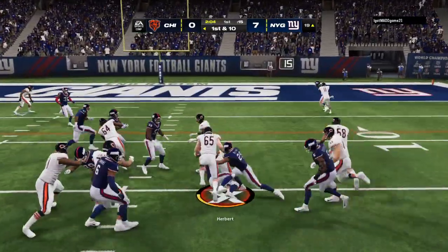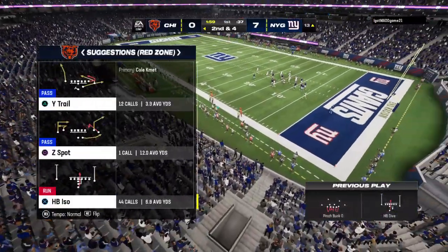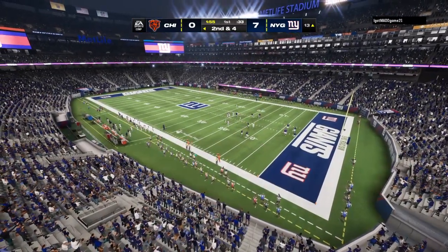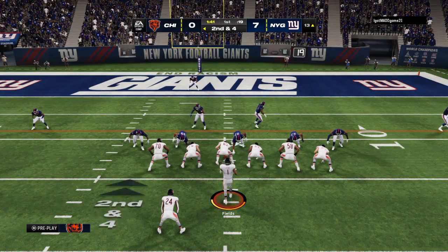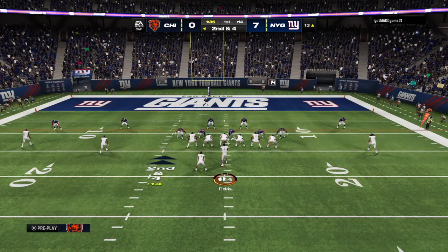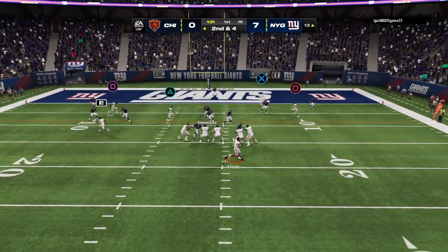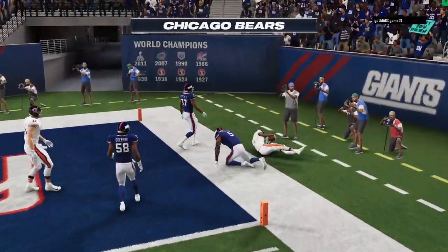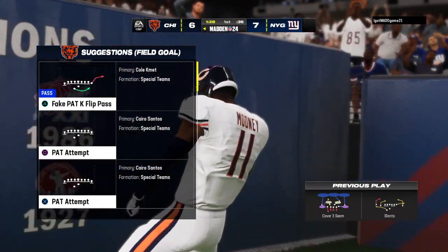On 1st and 10, it's Herbert. And good downhill running. He's got 6 yards down to the 13. A quick burst there, and he nicely bit off a pretty decent gain. This 2nd and 4. Now Fields. Flushed out right. Yeah, he's got Mooney in the end zone. Touchdown, Chicago. Darnell Mooney